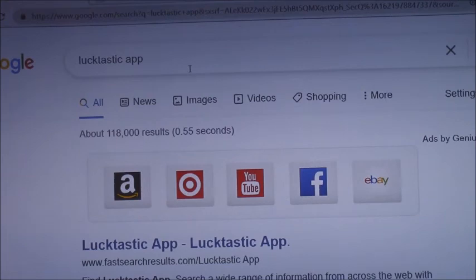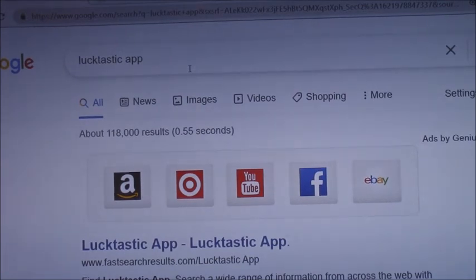My family and friends, I'm gonna show you step by step how you can make money online with these 5 apps with PayPal. Okay, here you go.